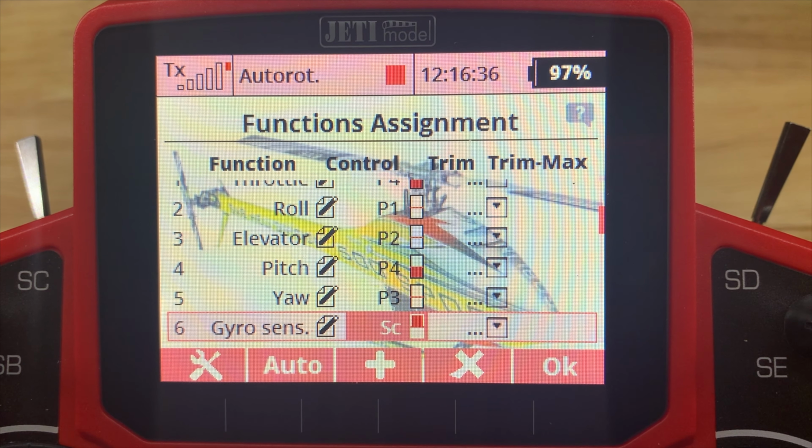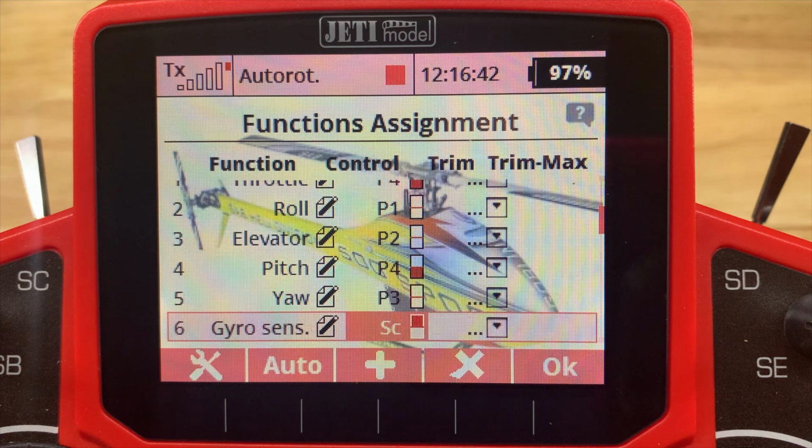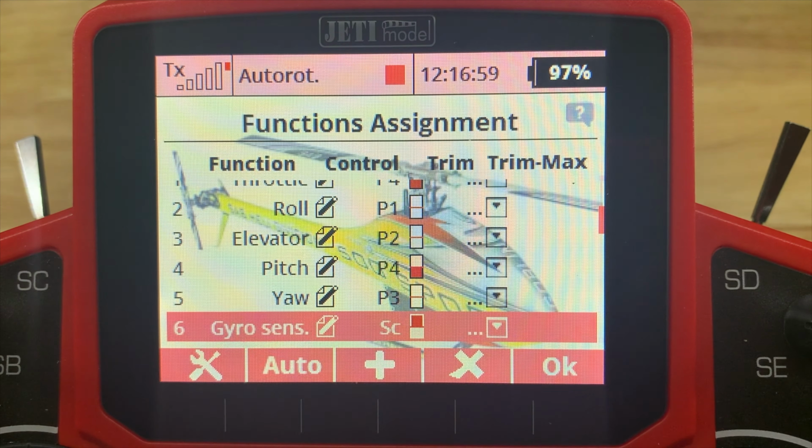All right, so you could assign anything here. Initially, I had like a proportional control on there so I can find the value that I wanted for gyro, for my heading, my gyro sensitivity, if you would. And now I have found a value, I have hard programmed it in, and I'll show you what that means next. So now that we've set our temporary switch for gyro sense, we will go back out,